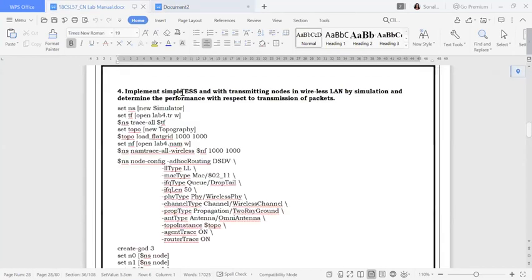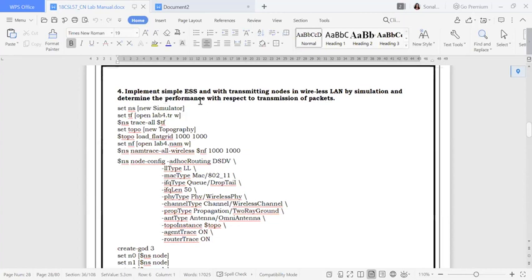Now this extended service set you are going to implement on these nodes, where you can design the number of nodes. They have not mentioned how many nodes you are going to utilize. Once you have connected all this, you have to determine the performance. The performance in the sense you have to find out the throughput. For that throughput there is a formula, so we need to apply that formula and find out how many packets, how much time it has taken, or from one single point to another point, what throughput value it is taking. That we are going to calculate.